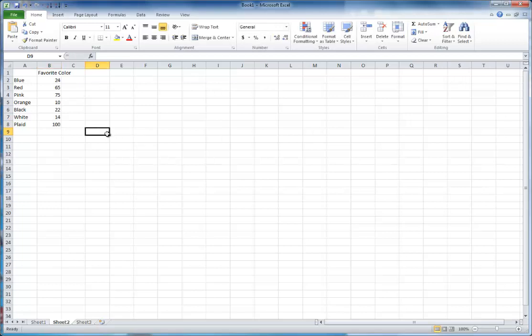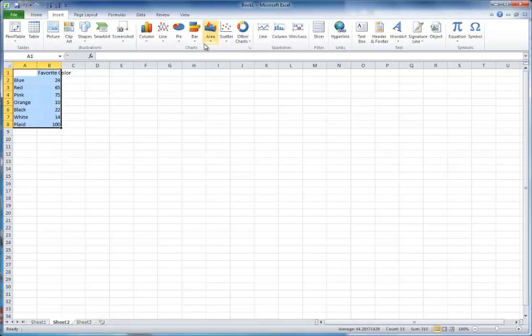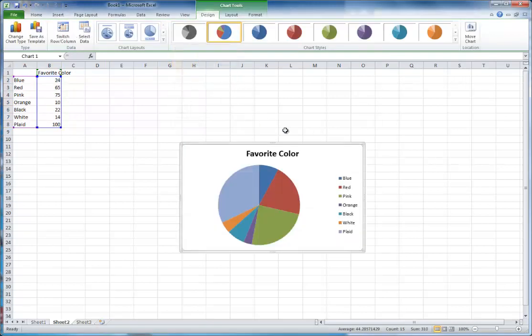And again, if you want to put in your charts, you have to select your data first. Don't worry that favorite color is spilling over a little bit. Whatever you do, don't select any more than just the data. Favorite color is all in B1. So I'm going to select my favorite colors, insert, pie, just do a basic pie chart,